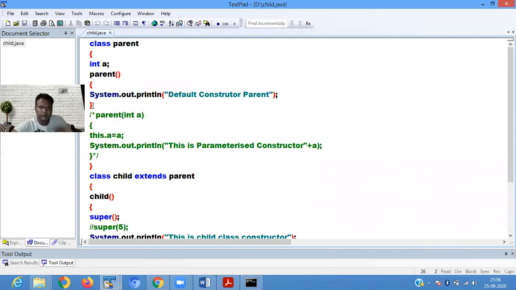Now what happened? If your parent class constructor contains a parameter, let me make this a comment line, then I remove this part.